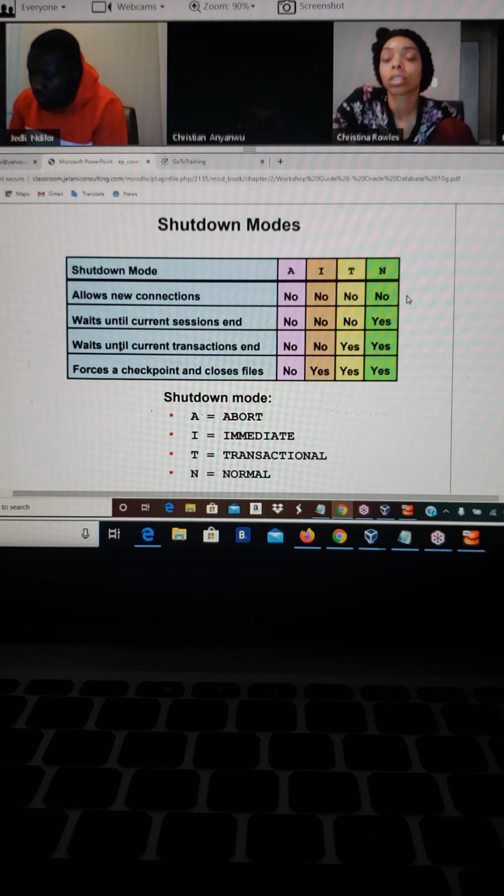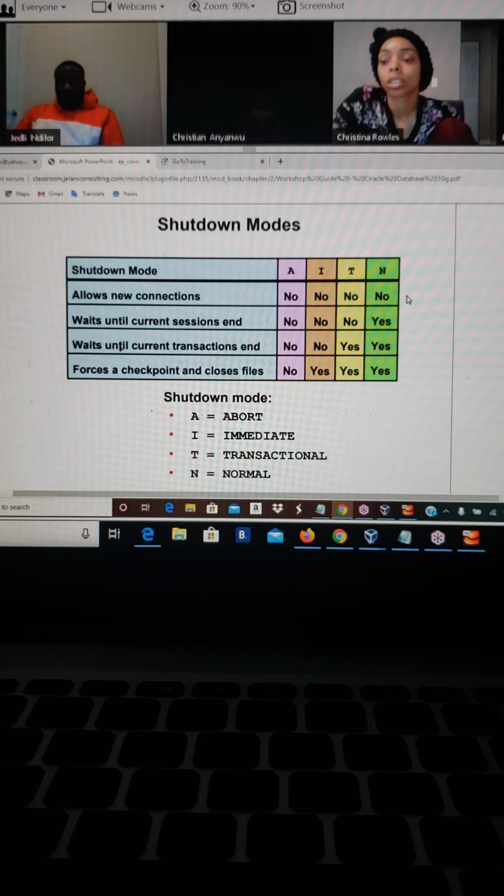It's inconsistent. Your system change numbers in your control file and your data file headers are not the same. They have to be the same for your database to be synchronized. So checkpoint does not occur. Remember, the checkpoint has to update your data file headers and your control files with every